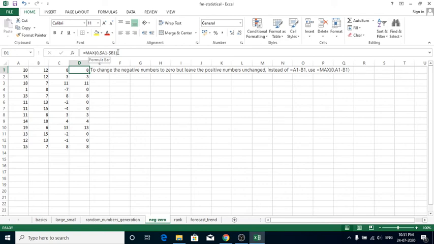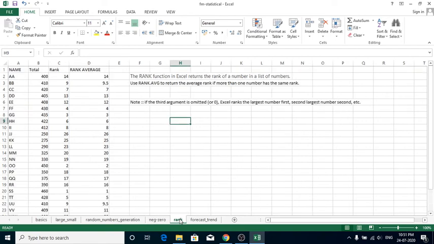That is, if the subtraction operation generates a negative result, please maximize that negative number to 0. So this is what happened here. All the negative numbers will be switched to 0, or maximized to 0 value. So negative to 0 can be applied like this. Instead of using simply A1 minus B1, you have to use MAX of 0, A1 minus B1. Now let's look at the rank function.